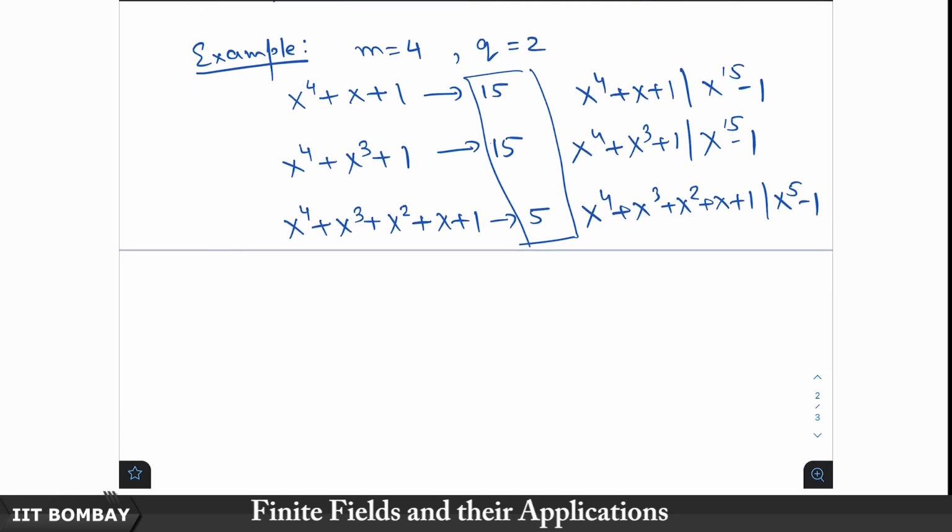Now, let us also see what their roots are. Their roots all belong to F_{2^4}, that is F_16, and one can construct F_16 as the residue ring F_2[x] modulo one of these polynomials. Let us take x^4 + x + 1. One can take all the polynomials modulo x^4 + x + 1, that forms a field, and if you construct it this way, the polynomial x is a root of